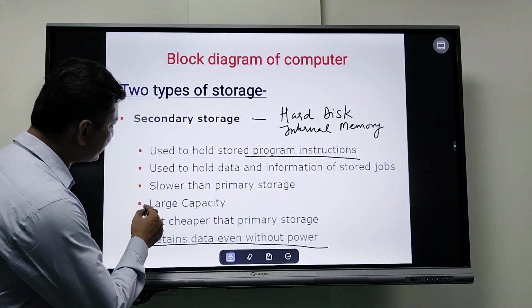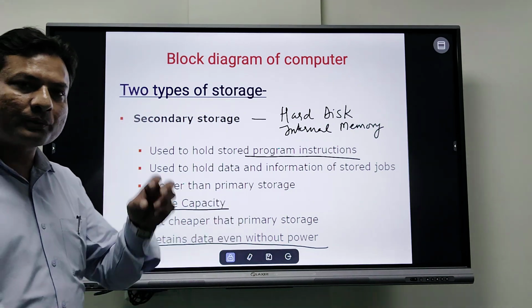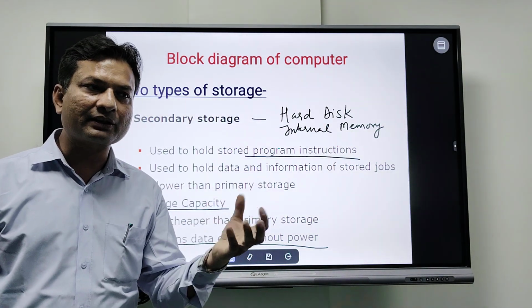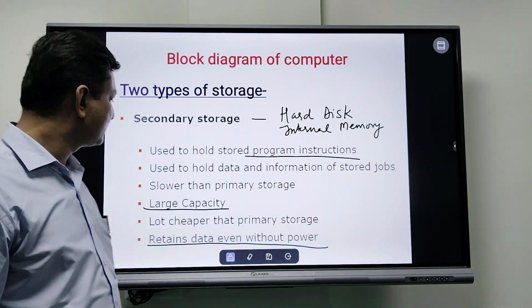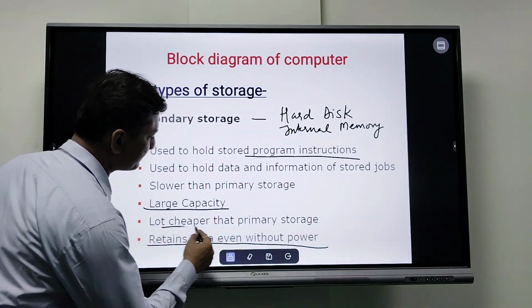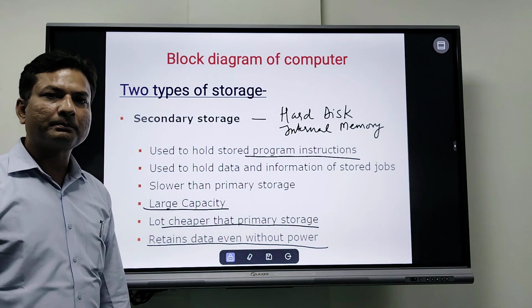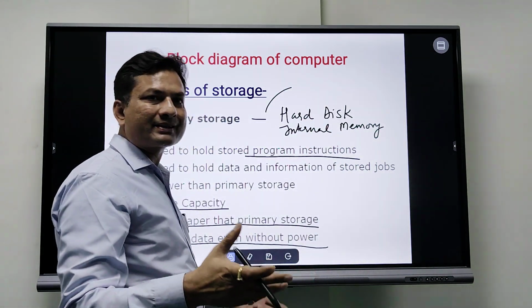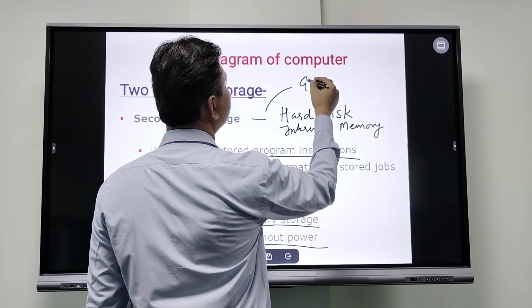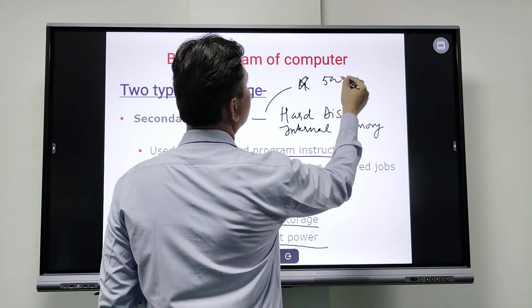Its capacity is large, but due to its architecture, the way secondary storage is built, it is cheaper as compared to primary storage, and it is available in storage capacities like 500 GB,